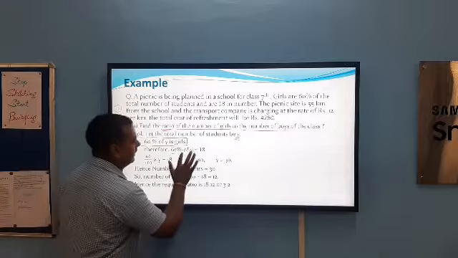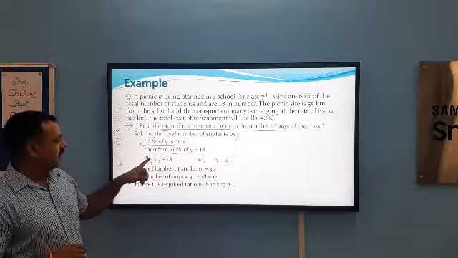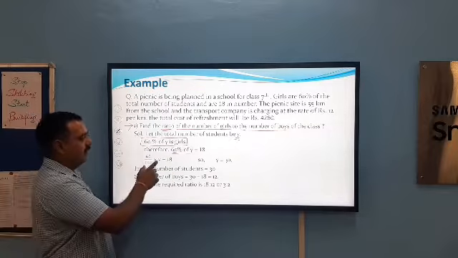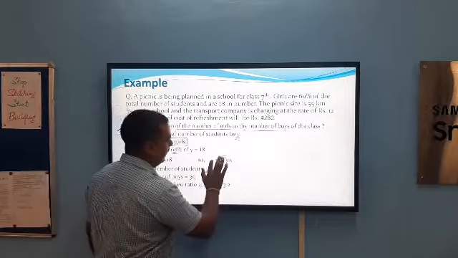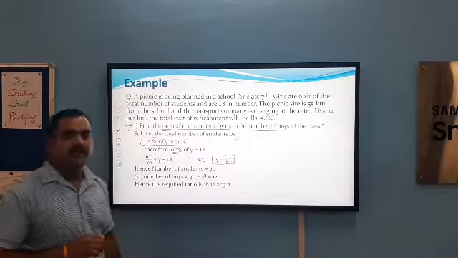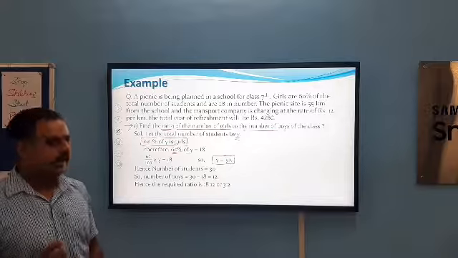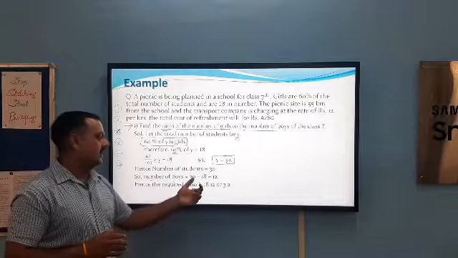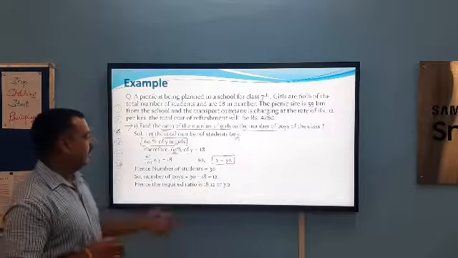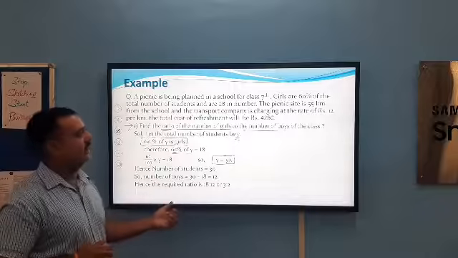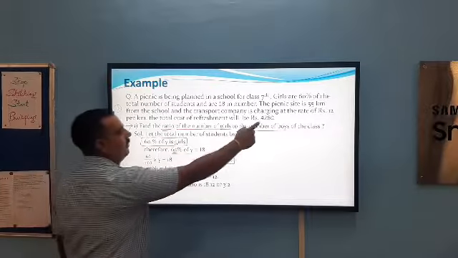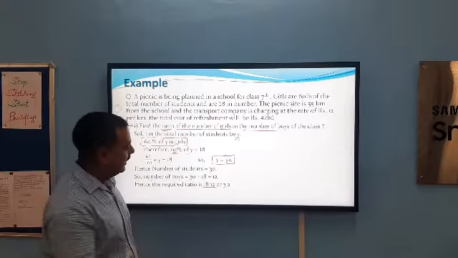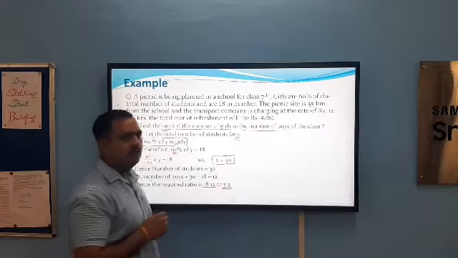We convert 60% into a fraction like 60 upon 100. Multiply Y is equal to 18. So we get Y is equal to 30. That is the total number of students in the class. Now the number of boys is 30 minus 18, that is 12. And after getting the number of boys, we write the ratio of the number of girls to the number of boys, that is 18:12. After simplification we can write it as 3:2 also.